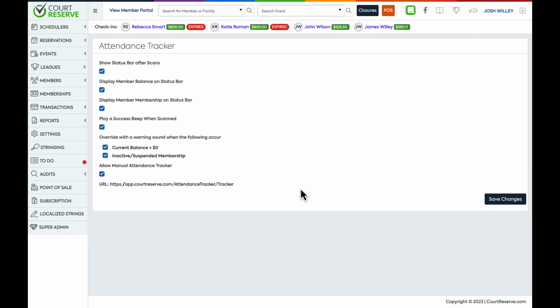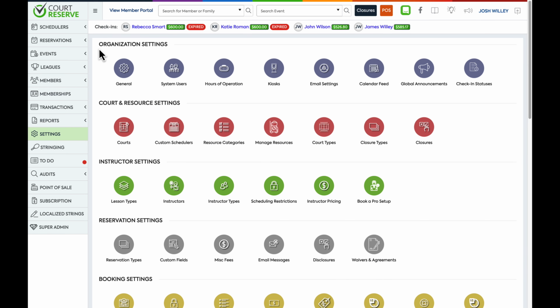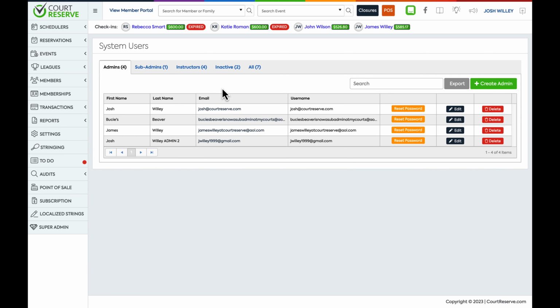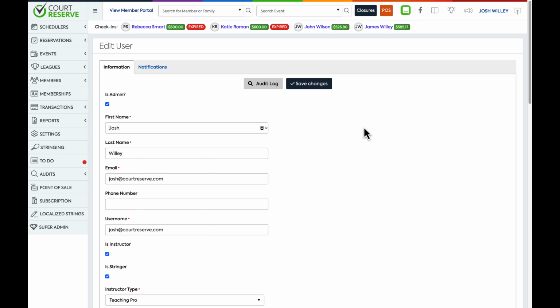So one thing that I went over previously while going over these settings here was showing the status bar after a member is scanned. This is something that we can enable on an individual level for each system user at your organization. If we want to enable this or disable this for any individual, we can go over to settings on the sidebar. We can go over to organization settings, and we can go over to system users. If you click on the edit page for a specific account, and we scroll down to the bottom of this page here,